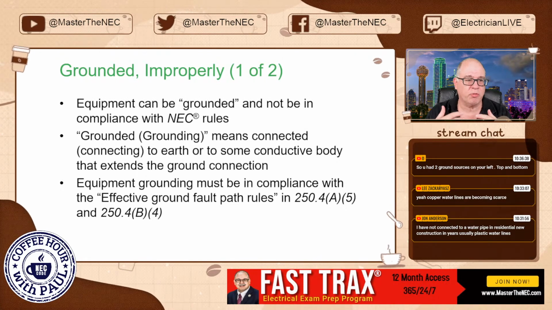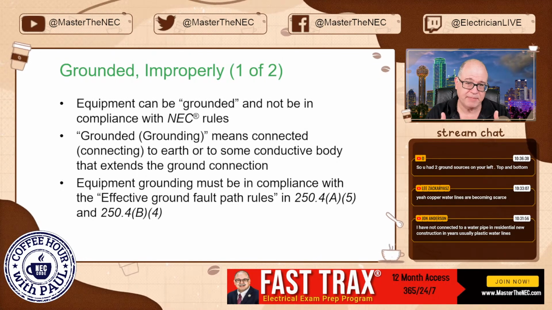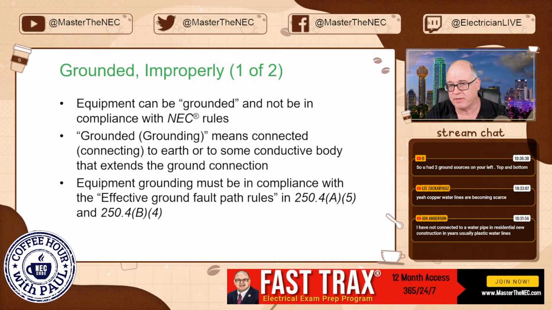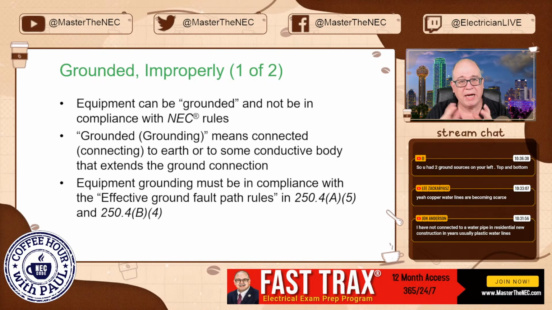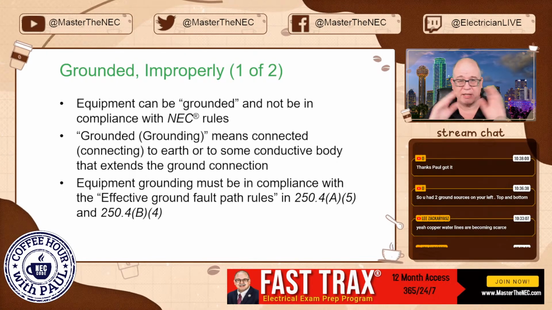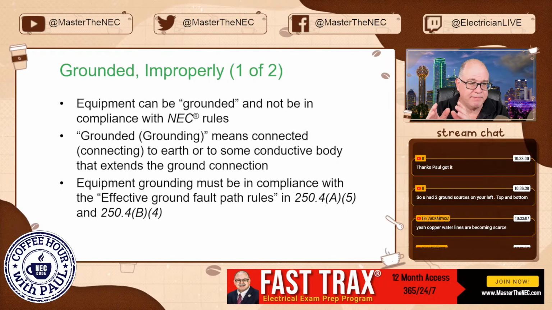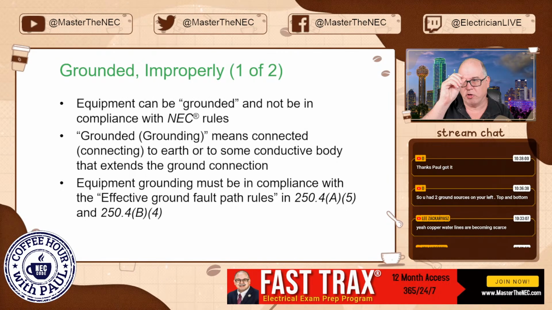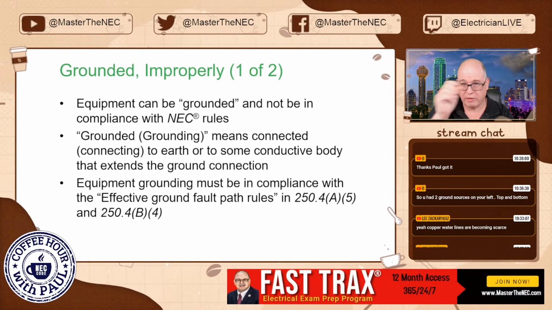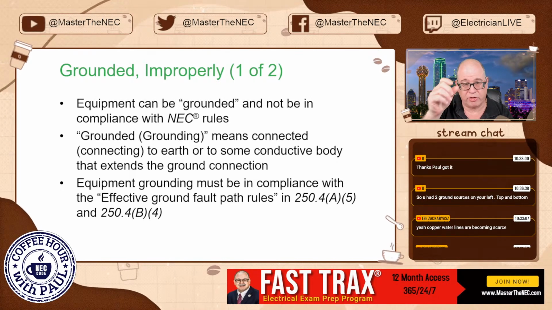You're supposed to have an equipment ground run to it. That way it clears the branch circuit protection going to that post light. But some engineers will want you to have a ground rod at it, which is totally unnecessary, but they want it there, right? So you're not going to make that connection to any neutral. You're going to connect it to the equipment ground. You're going to make it to there.